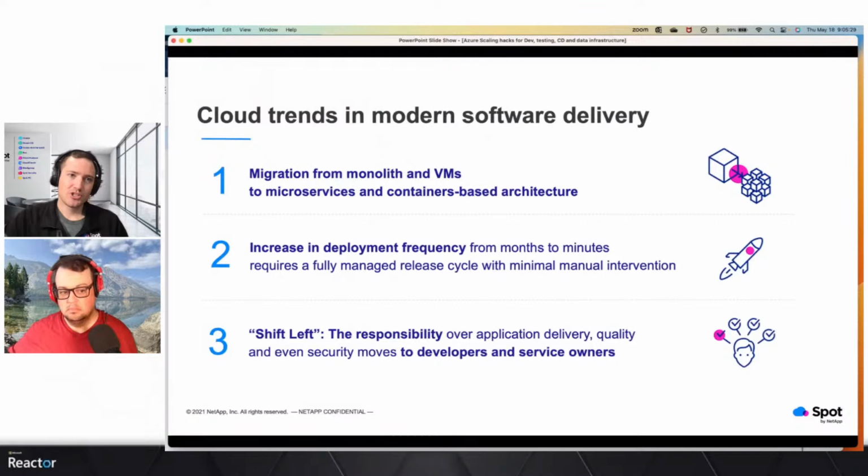Okay, so jumping into some trends that we see in software delivery. First and foremost, I think there's a statistic out there that about 96% of companies are either evaluating or currently using Kubernetes. So there's a massive shift from monolithic applications into microservices, which in turn is a lot more things to maintain for DevOps, right? So I want to say, like, gone are the days where you're doing this like big monthly release where you have like your whole DevOps team on standby.